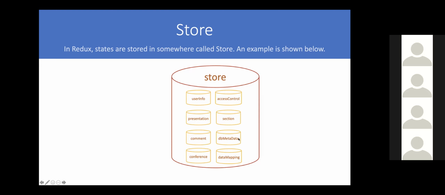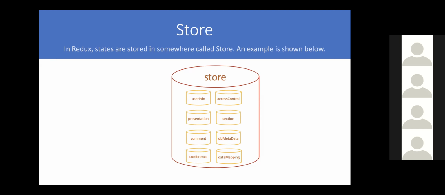Inside the store, you have individual pieces of store information, for a component, or maybe something not about the component itself. Sometimes user info is not about a component, right? It may be used in a login, or sometimes in some page which you are not authorized to see. A lot of things. This data mapping and all that may not be related to a component, but to some sort of metadata we use. Yes, it is a practice, as a Redux practice and a rule also, you could say.